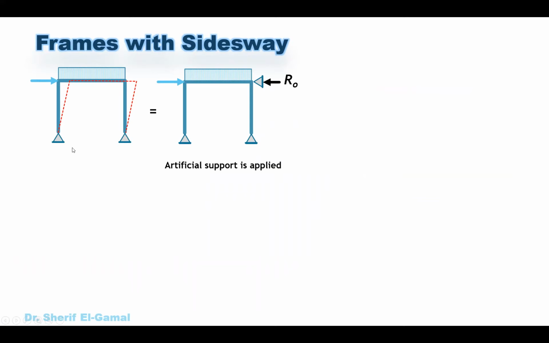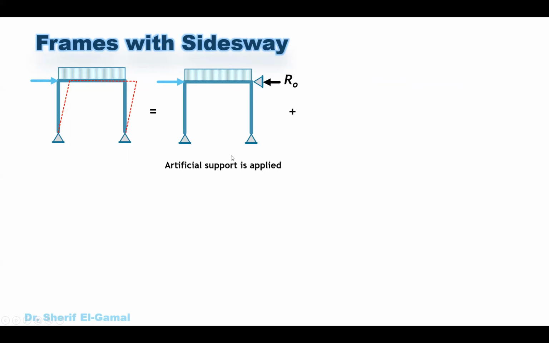This is showing the initial frame, and we know it will sway because of this horizontal force, no support here. So for sure it will sway. So how do we solve this one? We solve it using two steps. The first step, we use an artificial support at the top here. We assume that we have a support here, and then we are going to analyze this frame using the moment distribution method, similar to any frames with no side sway. Then we will get the value of R0,